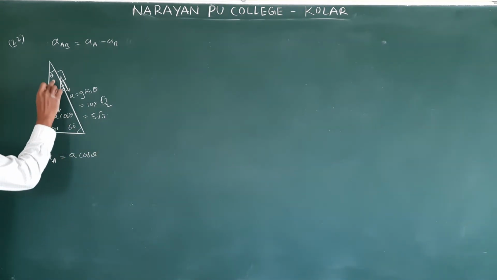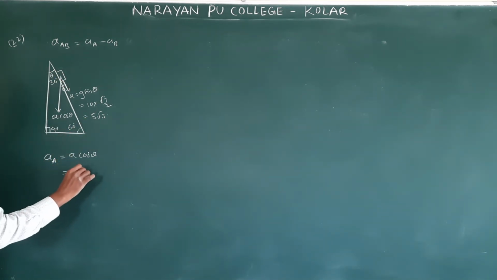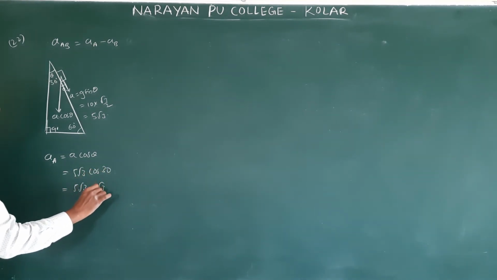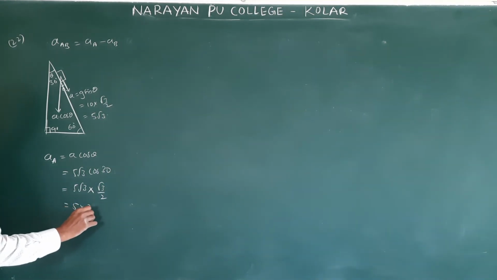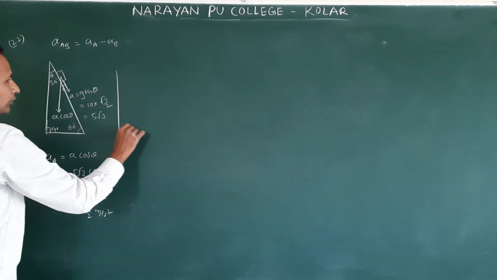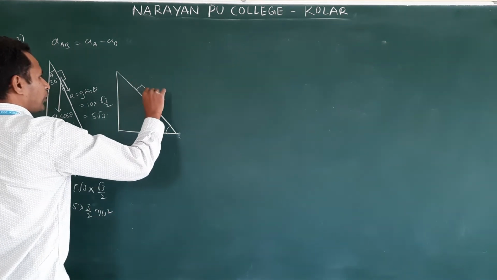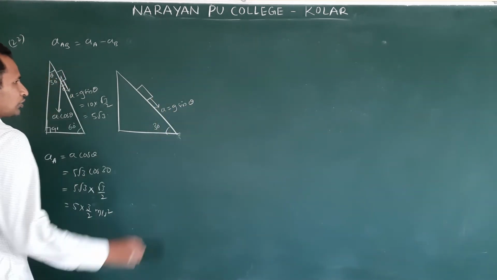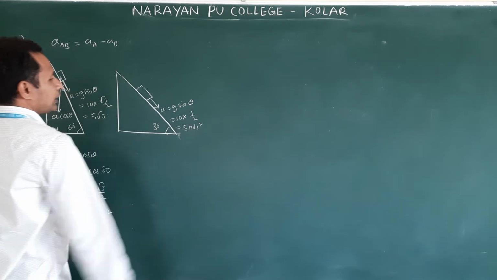This is 90, this is 60. What would be the theta? This is 30 degree. So the a value calculated as 5 root 3 cos 30, which is root 3 by 2. Am I correct or not? So 5 into 3 by 2 meter per second square. First one is over. Now the second one. This angle is given as 30 degree. What is this acceleration again? a is equal to g sin theta. So 10 into sin 30, 1 by 2. This is 5 meter per second square.